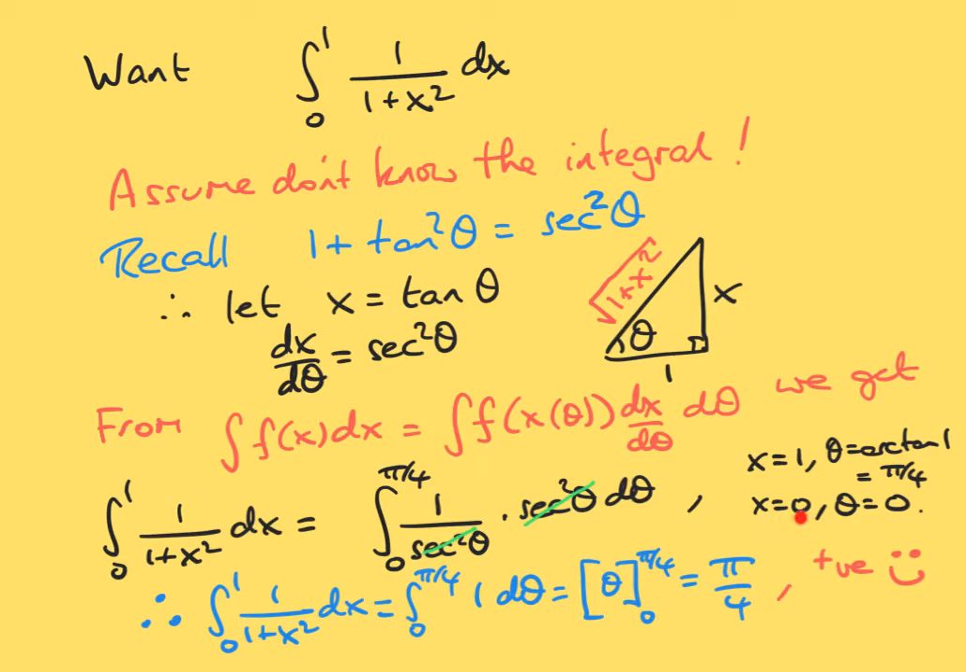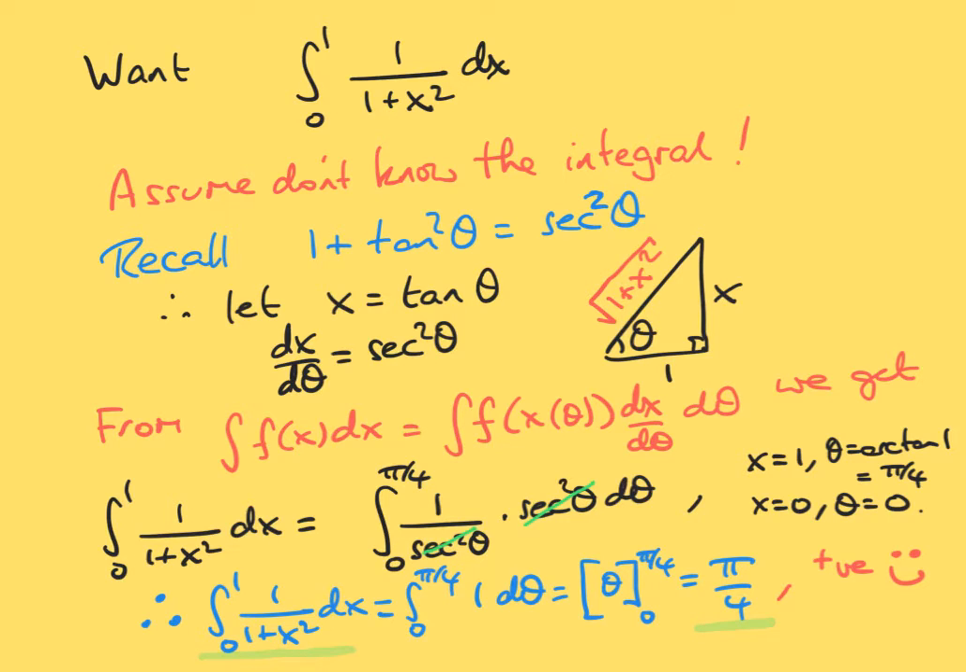And when x is 0, theta is the arctangent of naught, and that is going to be defined to be the angle theta is 0. So we're integrating from 0 to pi over 4, 1 with respect to theta, and you can integrate that and say it's theta between pi over 4 and 0, or you can just say that it's the area of a rectangle and write it straight down. Either way, you are going to get pi over 4. So our result for this integral is